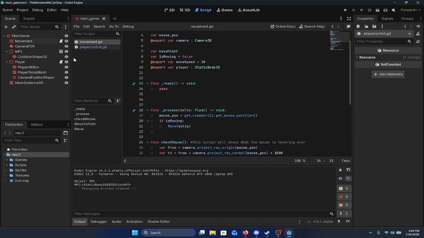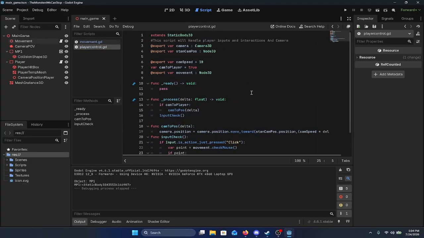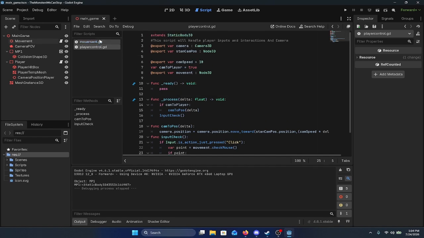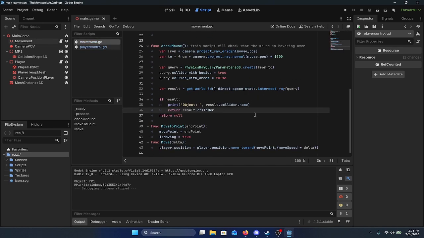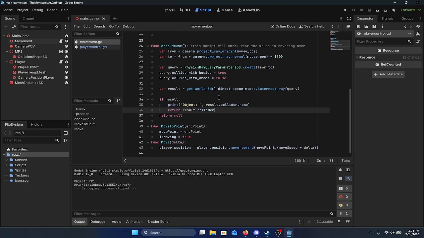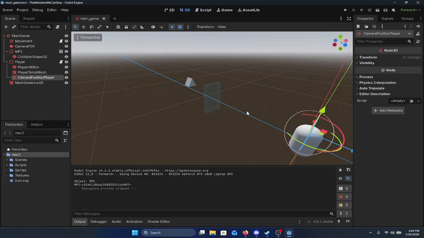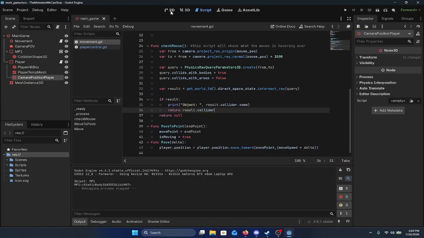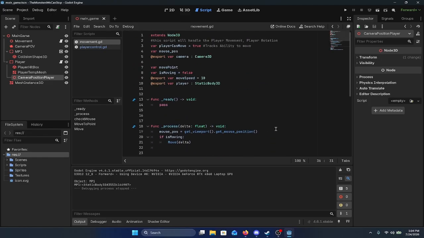Camera doesn't seem to be going to it constantly though. Stand cam dot position, and if we move the player dot position, meaning it's the static body 3D, that means camera position player, this specifically, meaning